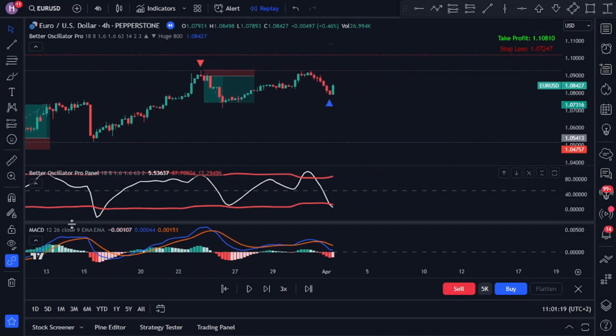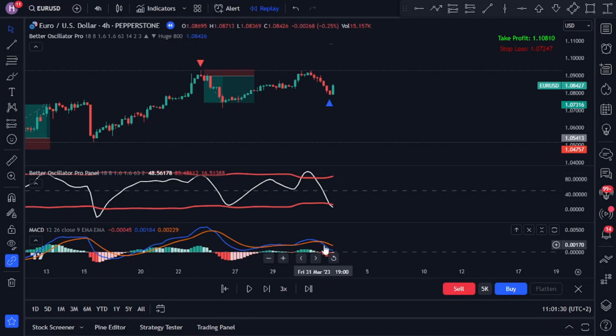Additionally, on the chart for our first example, I have attached a copy of the standard MACD or moving average convergence divergence indicator. And what we can see from it is that because of the lagging nature of the indicator, they haven't crossed yet, meaning they haven't produced a signal for entry. All of this means is that the Better Oscillator Pro represents a superior cutting-edge oscillator that significantly surpasses traditional oscillators